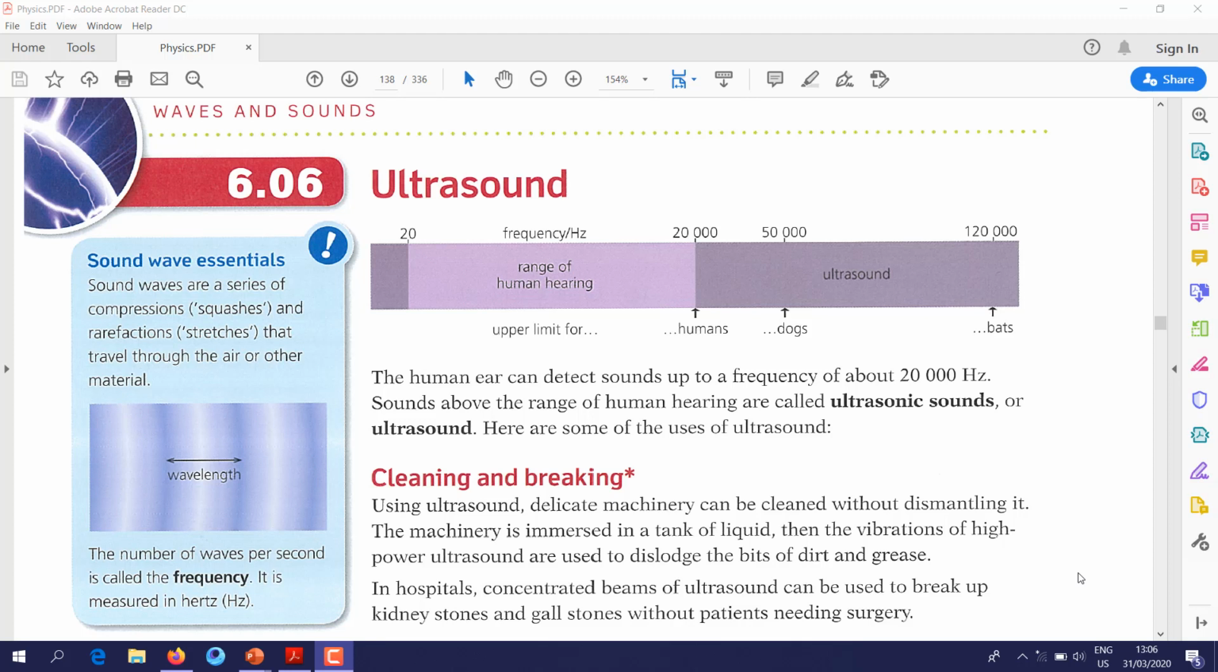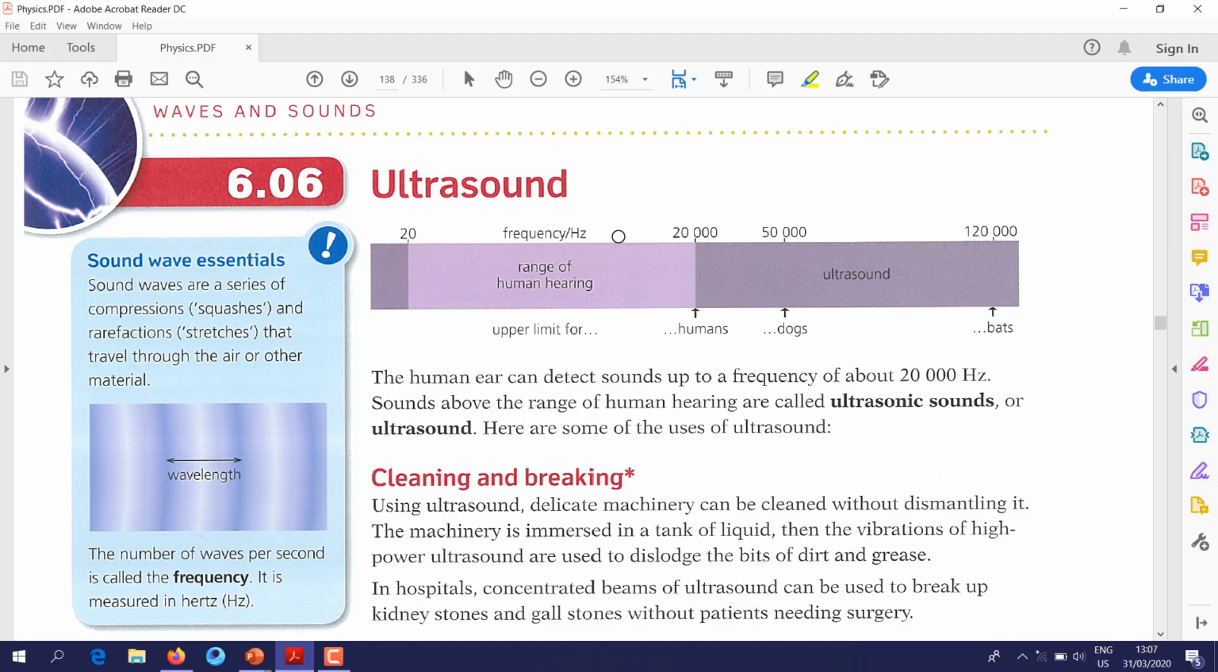Hello everyone, this is the sixth lesson of physics 6.6, ultrasound. In the previous lessons we were talking about sound, we talked about waves, firstly kinds of waves, then we took the example of sound waves. Then in the last lesson we talked about